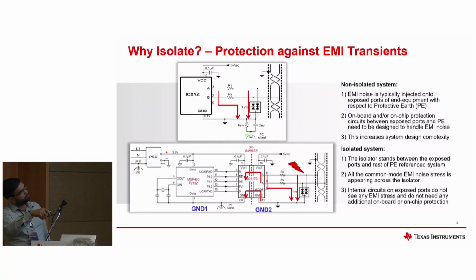This is where our isolation solution comes into picture, where let's say if you have a lightning strike on the bus, the whole stress goes through the TVS diode to the ground, and then this isolator handles the transient behavior between the ground, the protected earth, and the ground to node, where the protection is maintained as well as the data integrity, the signal integrity is also maintained through the isolation. So this is a MCU domain and this is the field side domain.